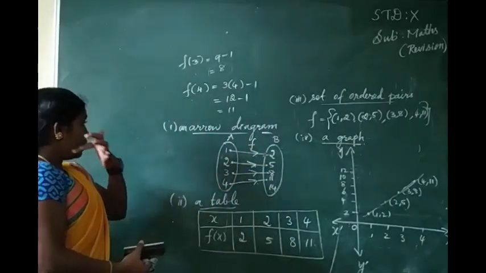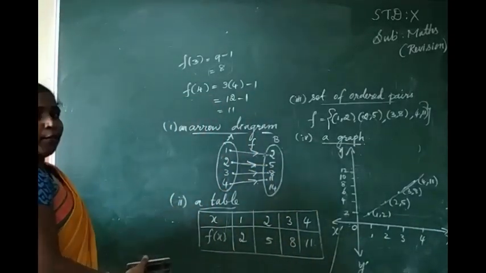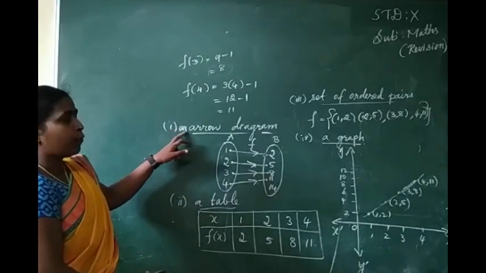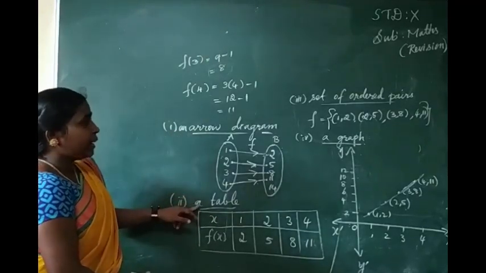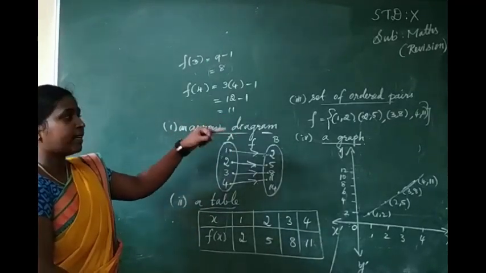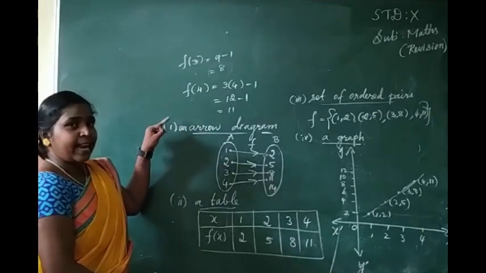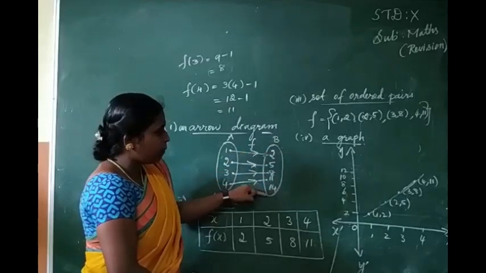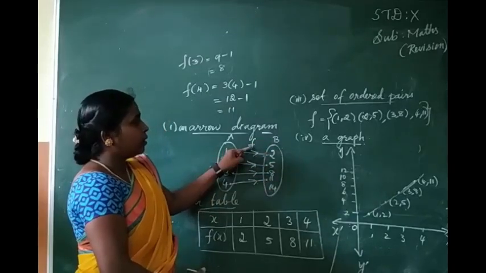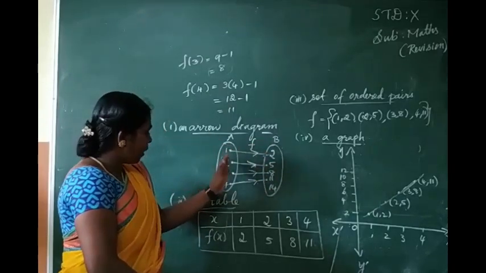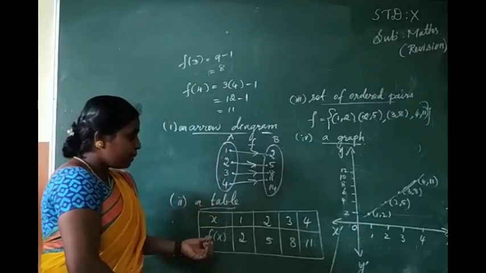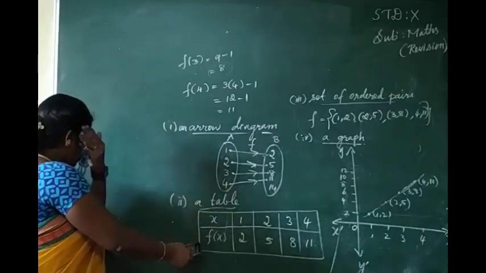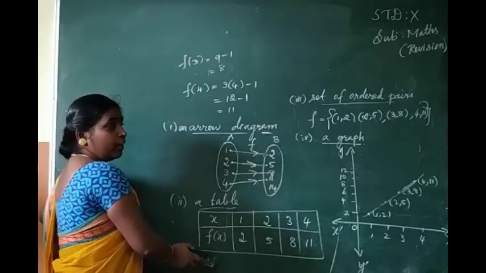Okay, first we want to find the value of f of x one by one. Next you have to form the arrow diagram, table, set of ordered pairs, and graph. So don't forget in the arrow diagram you have to mention A, B. B means all the elements you want to write. Okay, then f. So you have to mark the arrows. Let's say table. Table means x, f of x. Okay, so x values in order, f of x values in order.